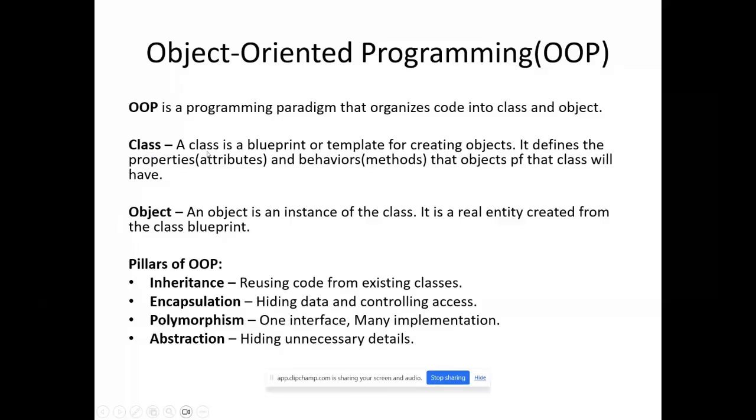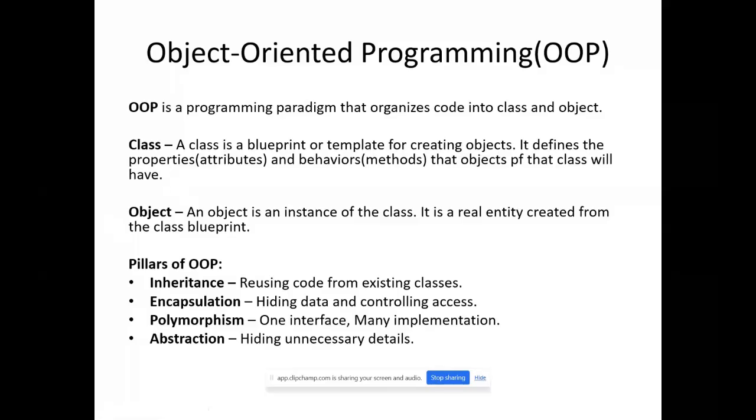Class is a blueprint or template for creating objects. Class just provides a template. This is a logical representation; in other words, we call class a logical representation of objects. And object is an instance of a class. By referring to the class, we create the objects. And objects are the real entities created from the class blueprint. So let me explain class and object